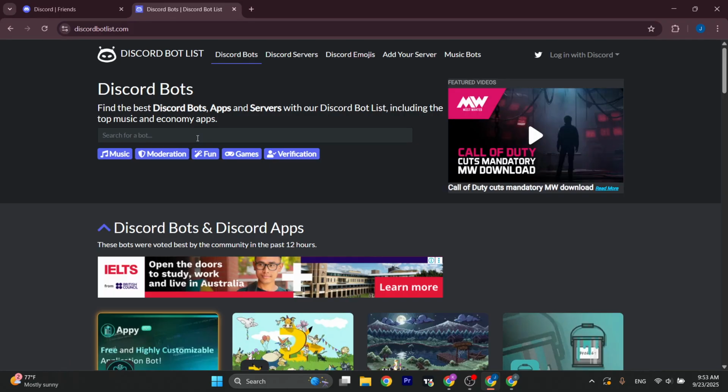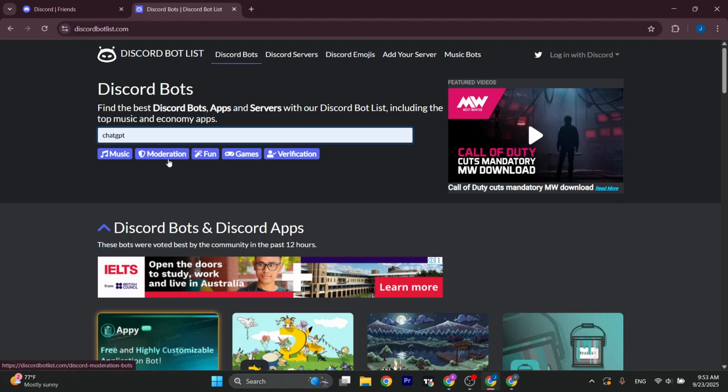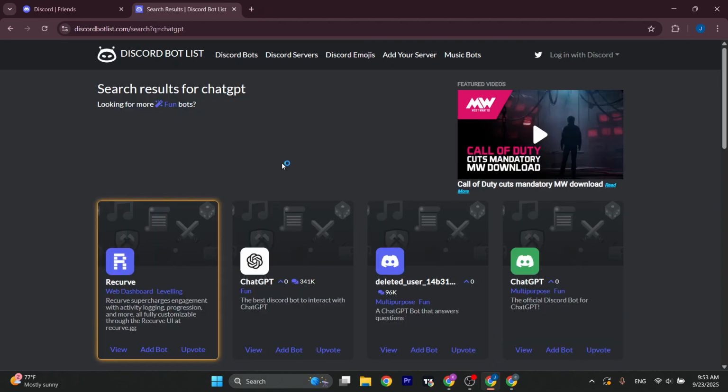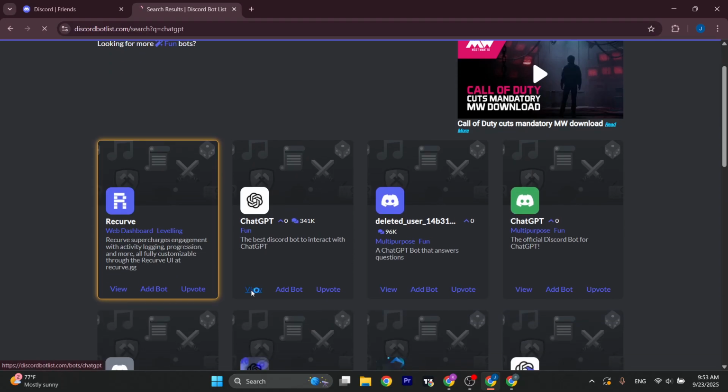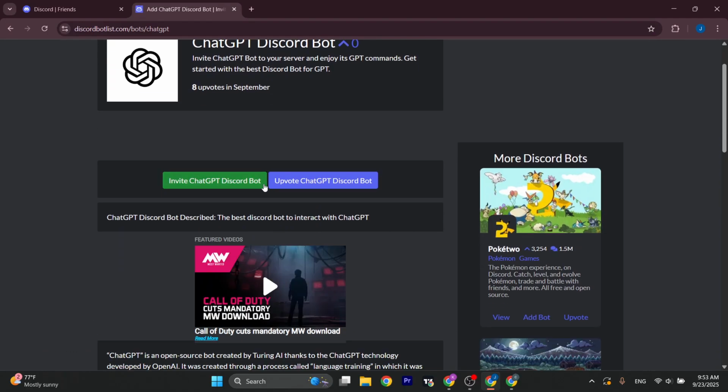Inside of this website, you'll see a search bar. Search for ChatGPT, and it's going to show you a bunch of lists. You can pick from other options as well, but make sure to pick the option with the most number of chats. Once you've done that, you can click on the view option and then click on